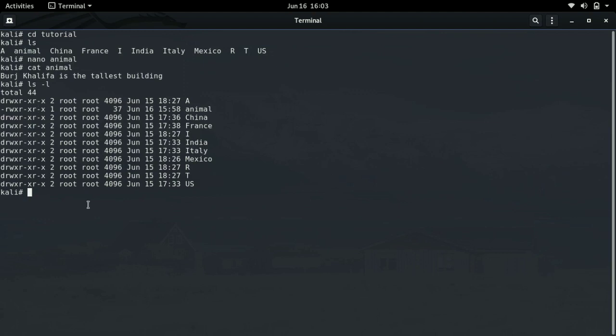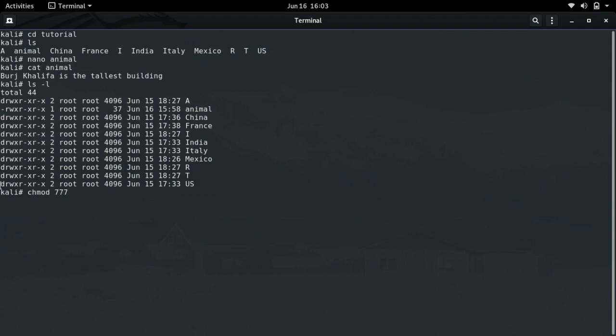So how can we change the permissions assigned to a user, group and world? As I just said, read, write and execute have three different numerical values attached to them. Read has 4, write has 2 and execute has 1. So if we want to give every permission to every user, group and world, what we do is chmod